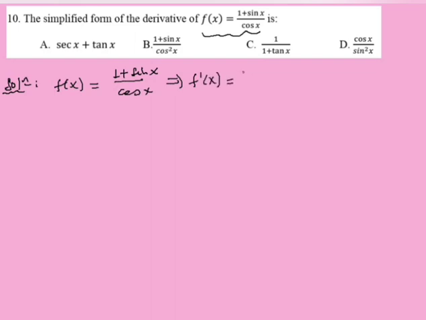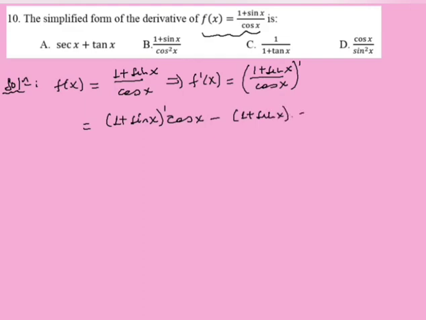The derivative of this function means the derivative of 1 plus sine x over cos x. Apply the quotient rule. So this becomes 1 plus sine x derivative times cos x minus 1 plus sine x times cos x derivative, over